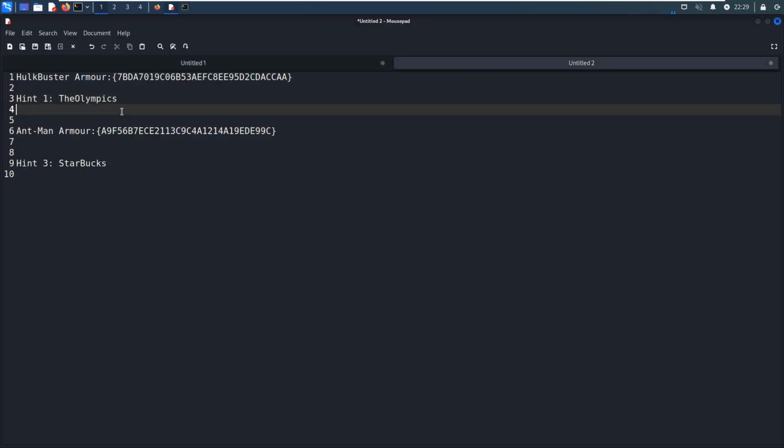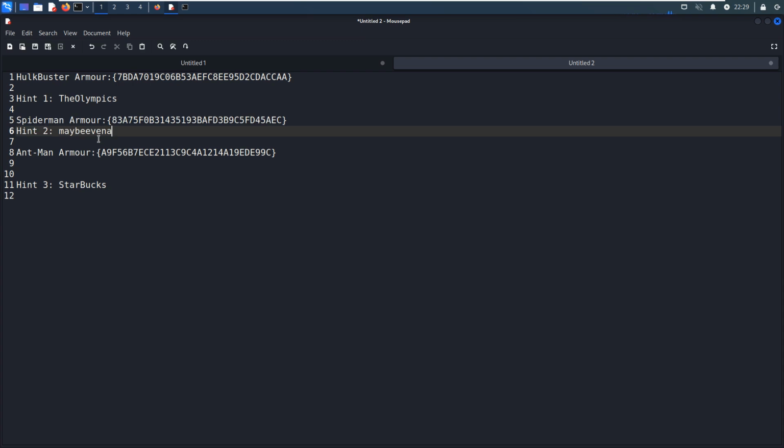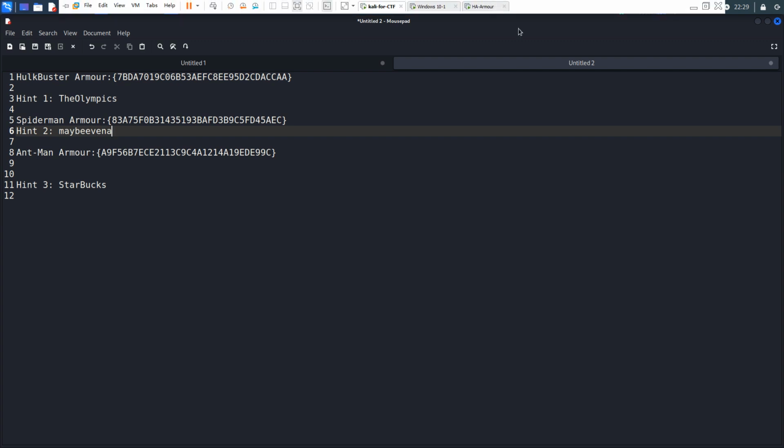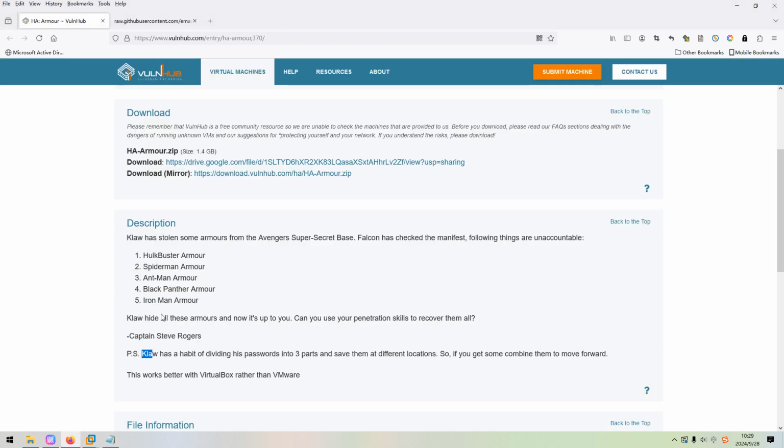So just now we have already gathered all three parts of the passwords. As you can see over here, in the description, the claw has a habit of dividing his passwords into three parts and saving them at different locations.